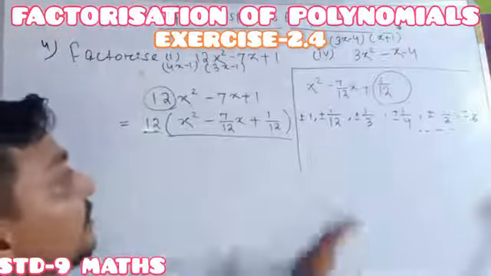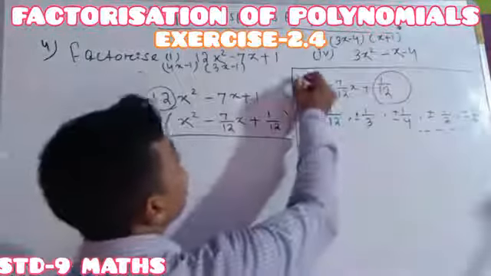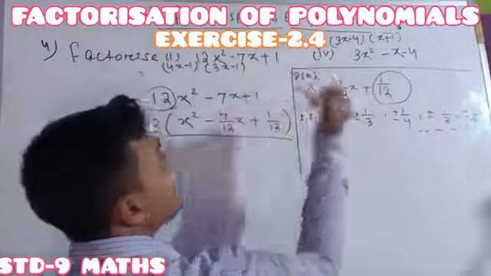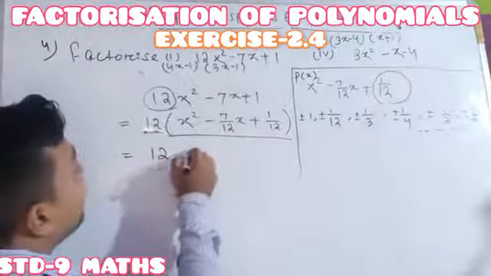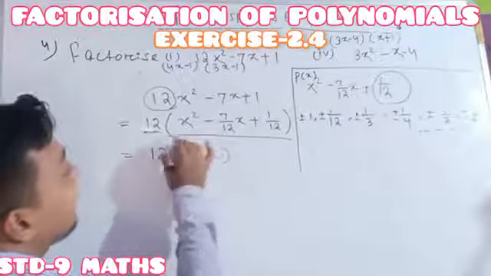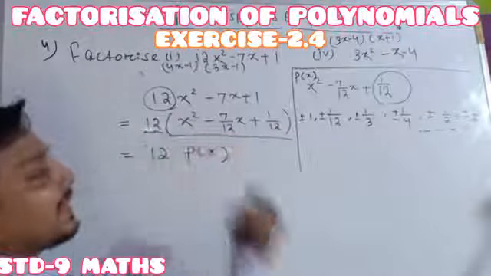Okay. So from these you just have to check this one, it is our px, this one is our px, this one is our polynomial. Okay. Otherwise you can write it in the form of 12 into px. Whatever we are getting as the coefficient of the term, which is 1, that much you have to take as the px.